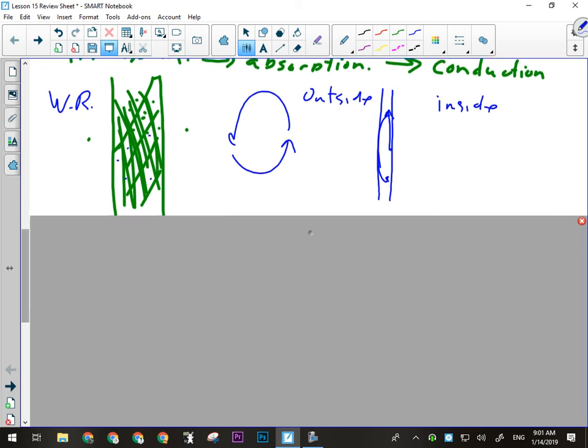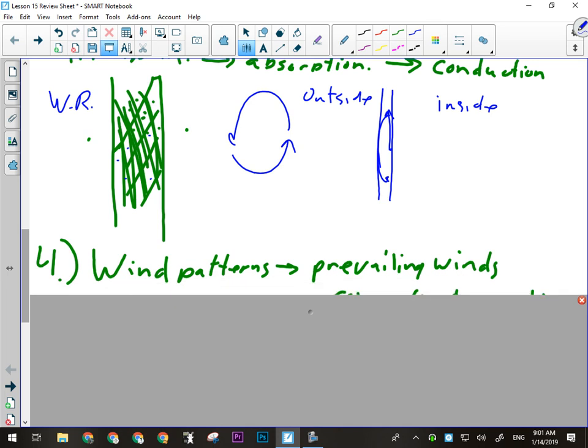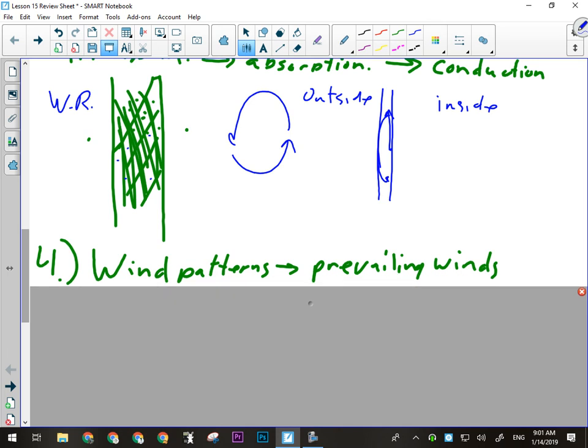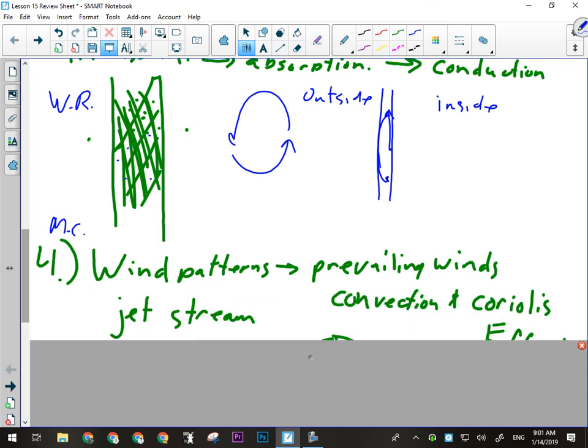Then we talked about wind patterns. There'll be a couple of multiple choice questions on wind patterns, and a couple of questions on wind patterns in the written response. There'll be one about prevailing winds,